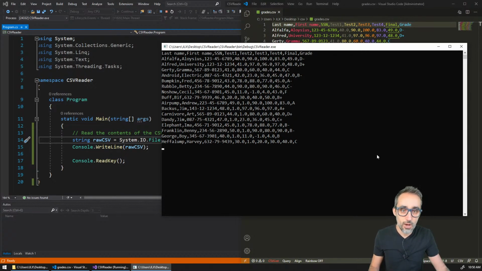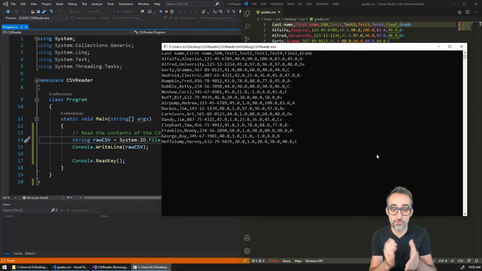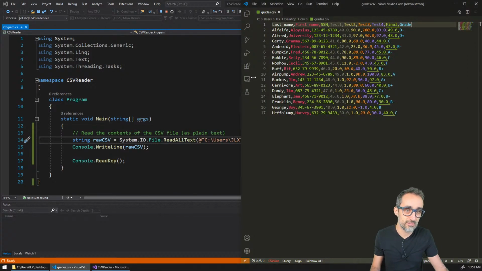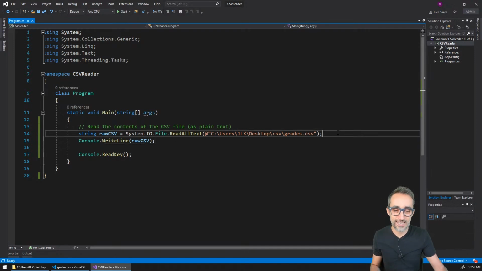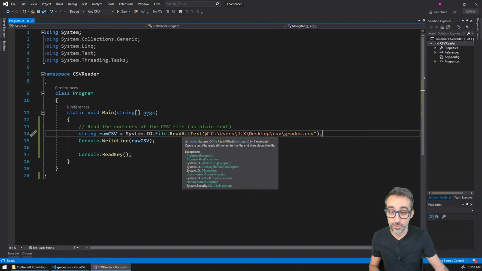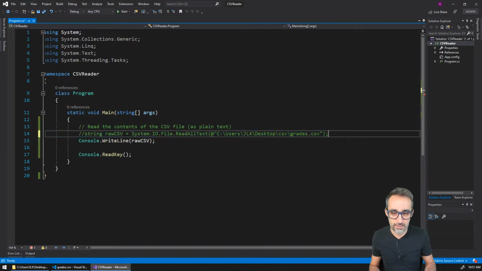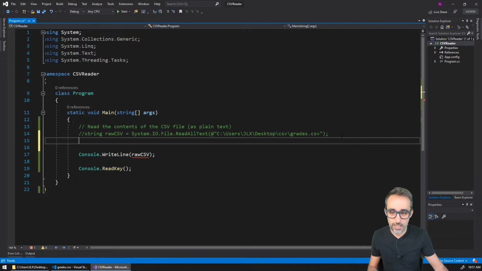All right. Okay, so that's great. And then the next thing that I need to do is take this file and chop it. First of all, I need to chop it into lines, each one of these lines, because right now it's just one single string. And then each one of those lines, I would need to chop with the commas, okay? Before I do that, instead of chopping all this text by each one of these lines, which is not tedious, actually quite easy, I have an alternative to ReadAllText. Instead of using the ReadAllText method, I could use an alternative method called